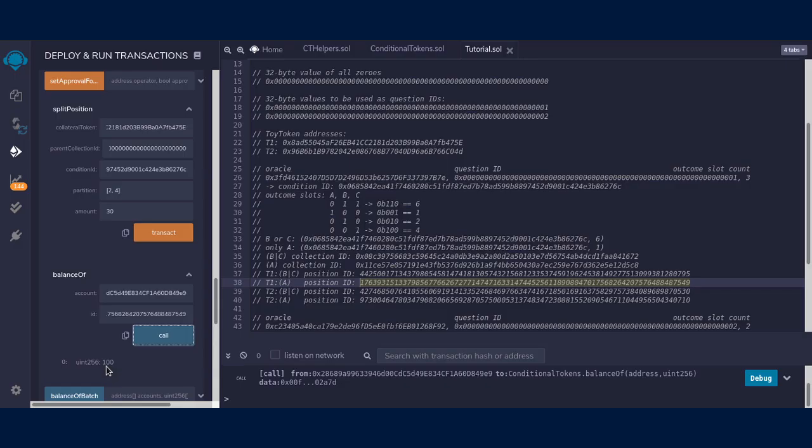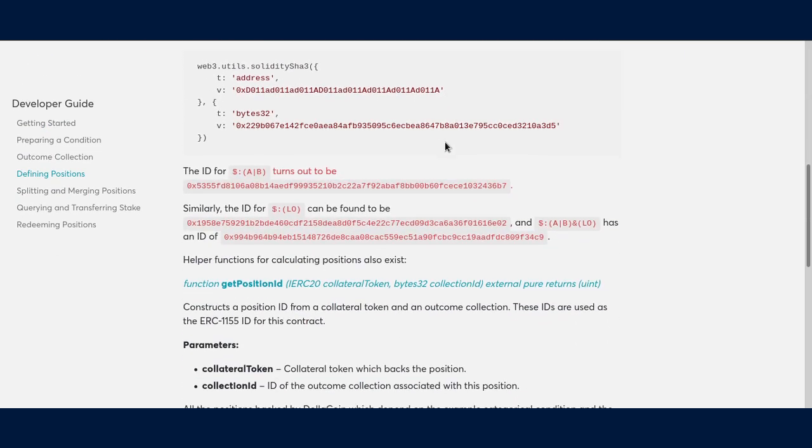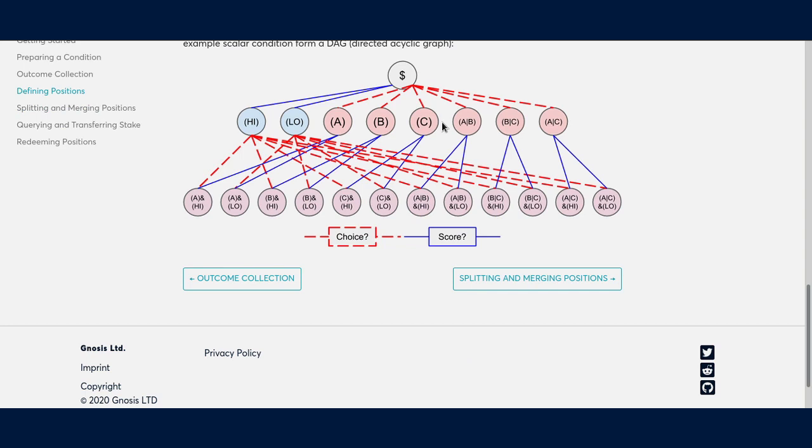Now we've been supplying zeros as our parent collection ID this whole time. What this means is that we're only talking about a first level of positions. So if we look at the docs, when supplying zeros as the parent collection ID, we're generally working within this first layer of positions. However, another important feature of the conditional tokens is the ability to combine many different conditions